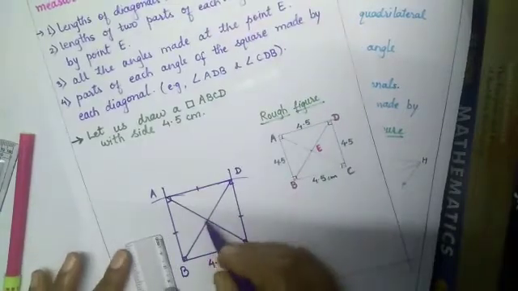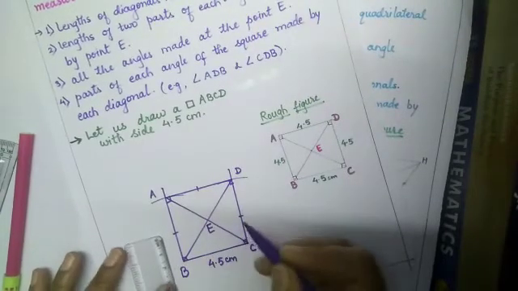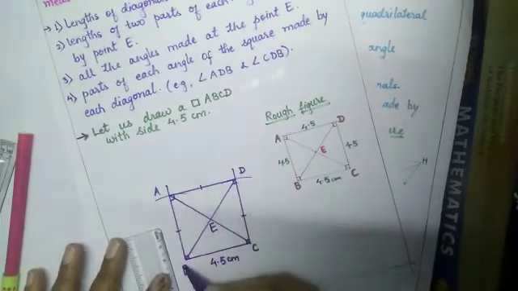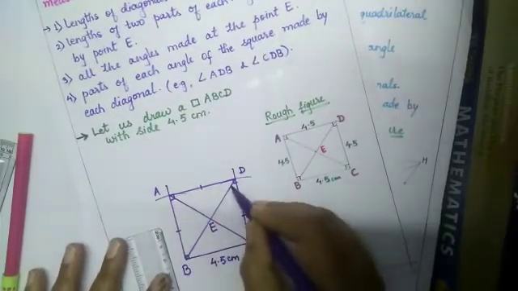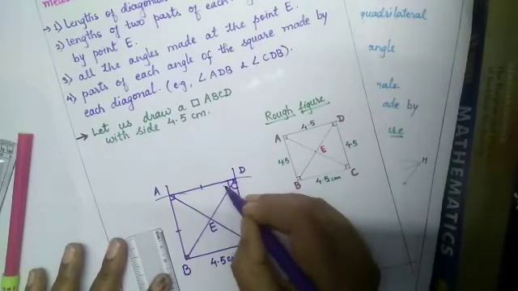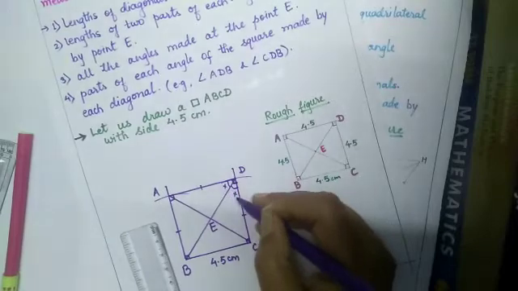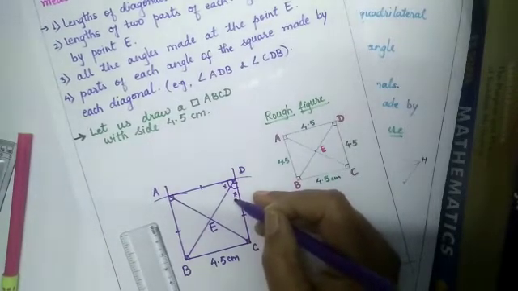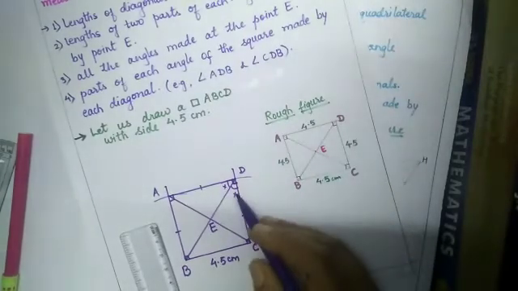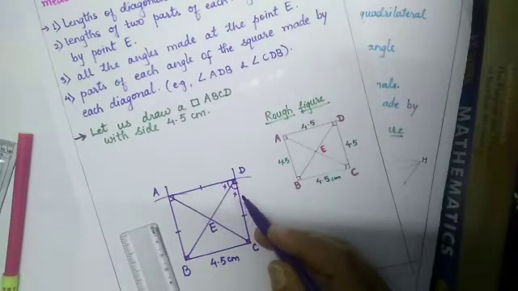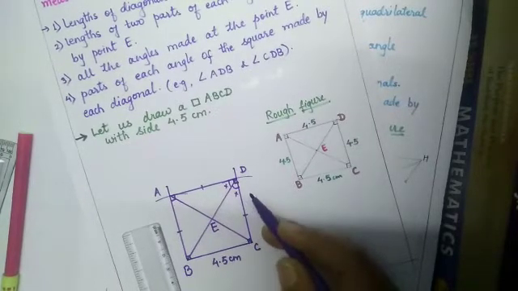Now the point of intersection is given as point E. Now all the segments are equal. This angle is equal. Angle ADB and angle CDB are equal. This angle and this angle, both the angles are equal, as it is a 90 degree angle, and these two are equal, which means this is 45 degrees, this is 45 degrees. Okay, in this way. So all angles of a square. So what must be the conclusion over here? The properties of a square which are given on page number 44.